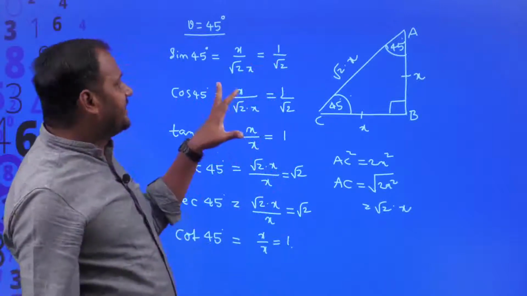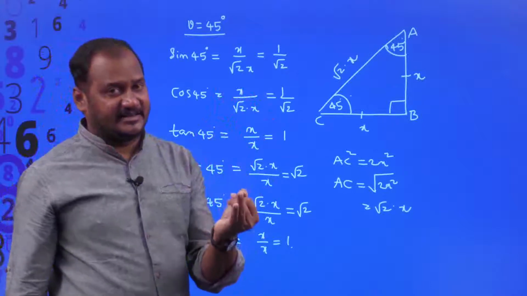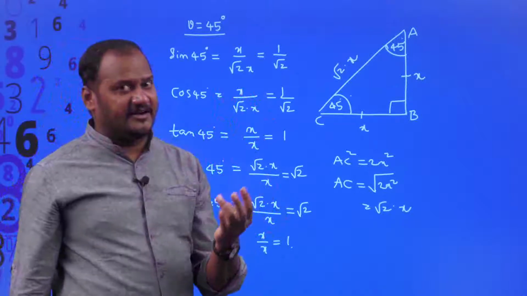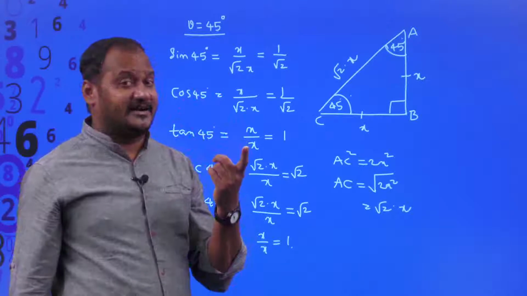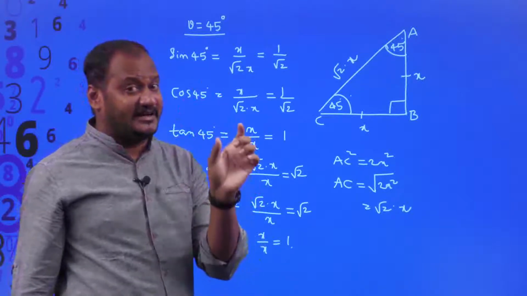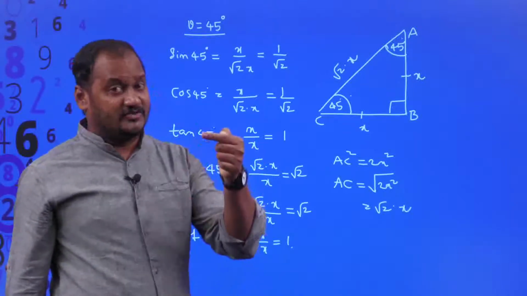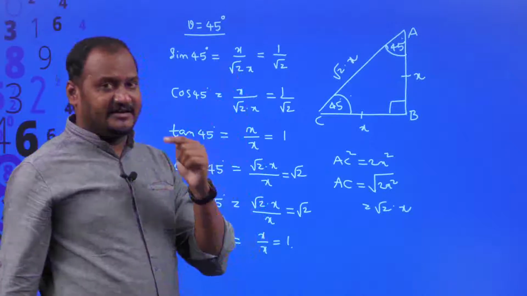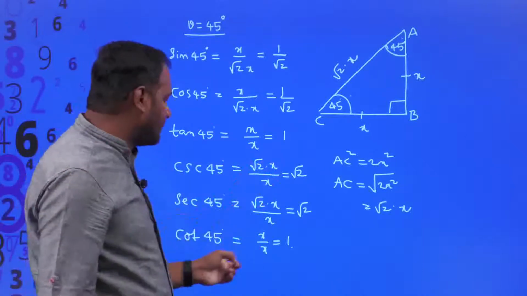But 45 degrees has some special characteristics here: sin theta and cos theta are equal, cosecant theta and secant theta are equal, tan theta and cot theta are equal. Now you will have to think back to what we discussed about some ratios which are formed by adding the word CO, the co-ratios. Sin's co-ratio is cosine, meaning cos. See, sin and cos are equal. Tan's co-ratio is cot, so tan and cot are equal. Tan 45 is equal to cot 45.